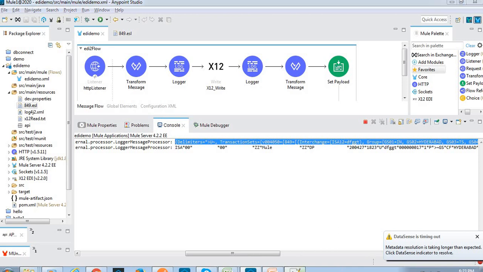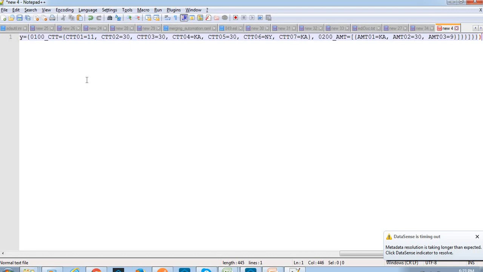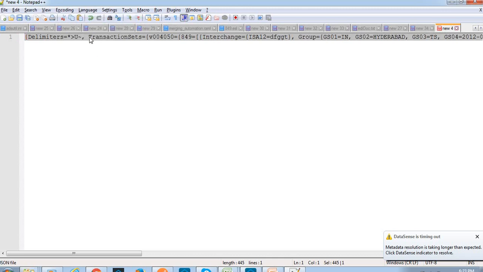This is the first transformation we did in DataWeave. Let me go here and change the language to JSON.